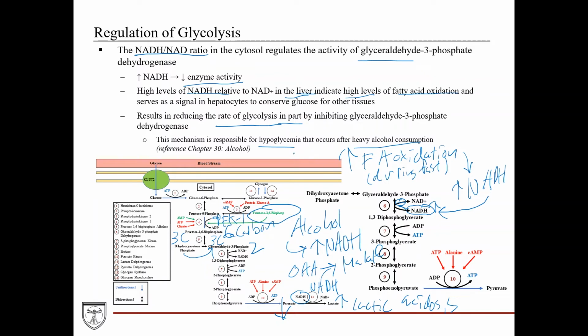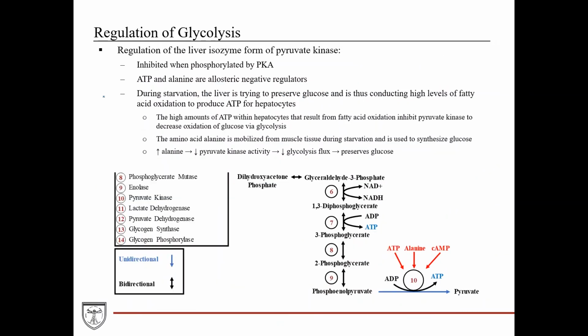Again, we'll get into this in more detail in the gluconeogenesis lecture, and in the alcohol lecture as well in Unit 4. But just to give you a sense of how this all ties together and why this NADH to NAD plus ratio is so critical. All right, so another layer of regulation we'll talk about is at the enzyme called pyruvate